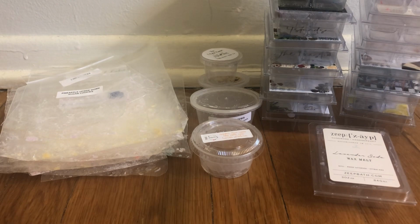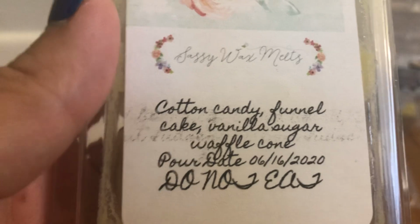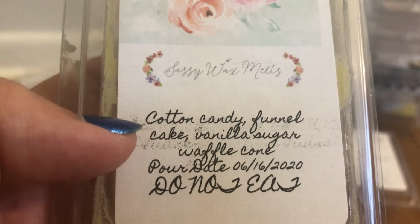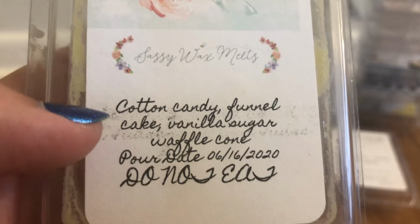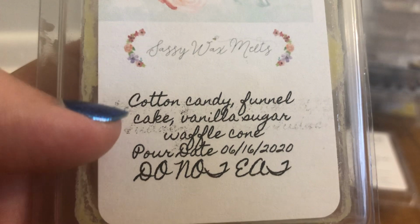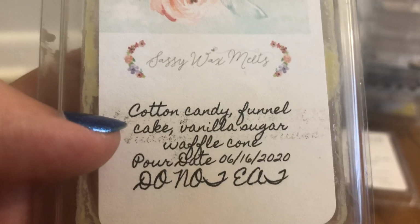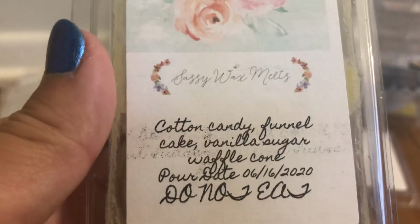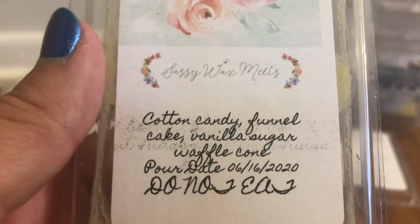Okay, so it says that this was poured on June 16th. That was only like 2.5 months ago. I didn't realize it's been that recent that I got this. When I first got my order from Sassy Wax Melts, it smelled good, but I was like, I don't know, these don't smell the way I expected them to. And so I let them cure for a little bit unconsciously. I just didn't feel like melting them right away. And so they've been sitting, and then I revisited them and melted them, and I was like, whoa, these smell so good. So after sitting for a while and curing, and the scents melded together a little bit better, oh my gosh,